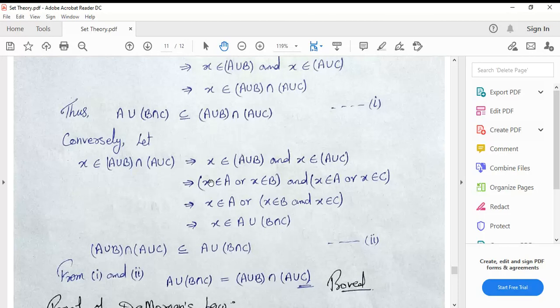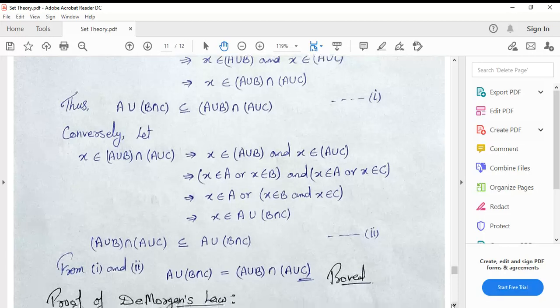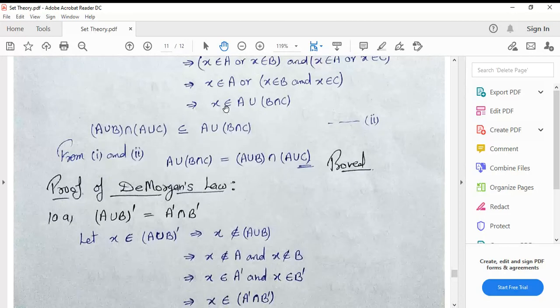So x belongs to A union B and x belongs to A union C. Now use union: x belongs to A or x belongs to B, and x belongs to A or x belongs to C. Similarly, this is just the opposite, and you have to show that this is a subset of this part. So from first and second we say that this set is equal to this set. Like that you have to prove, right?